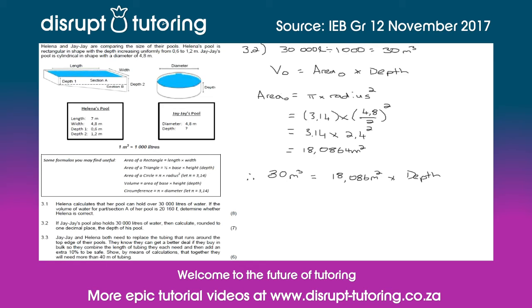So then if we divide both sides by the area, by 18,068, so 30 divided by 18,068, we can then say that the depth is equal to 30 over 18,086, which is equal to